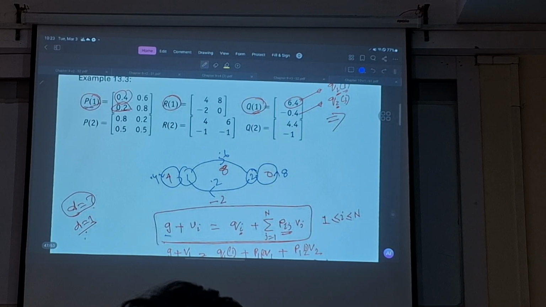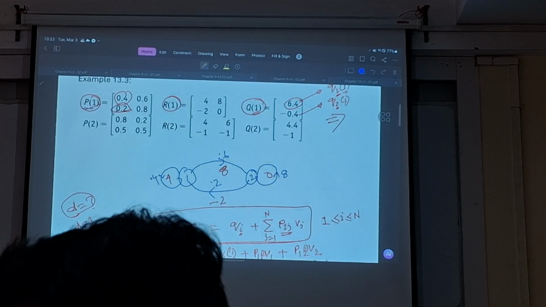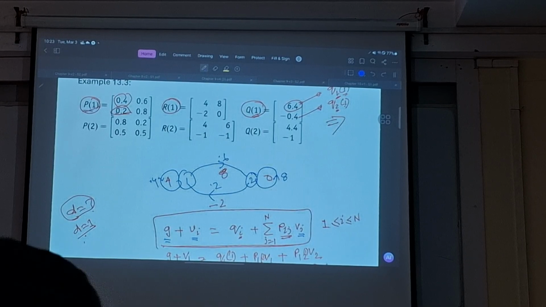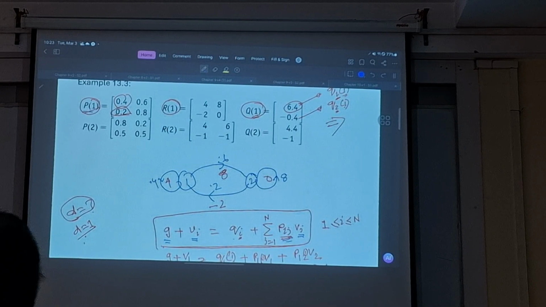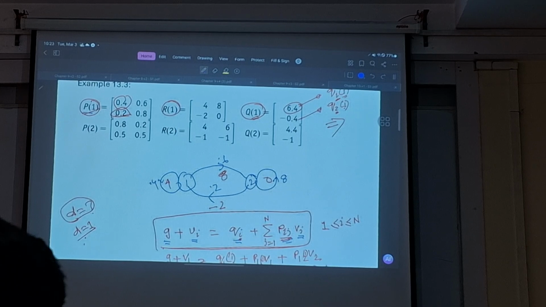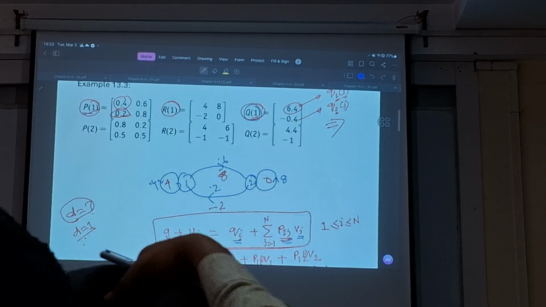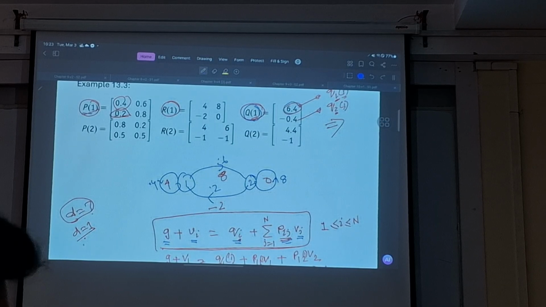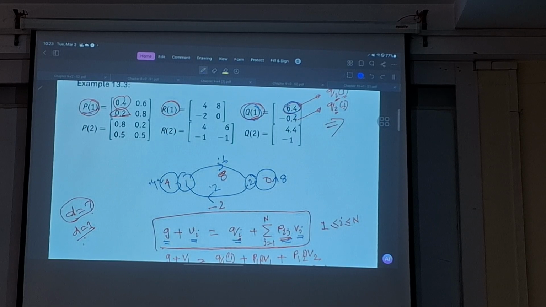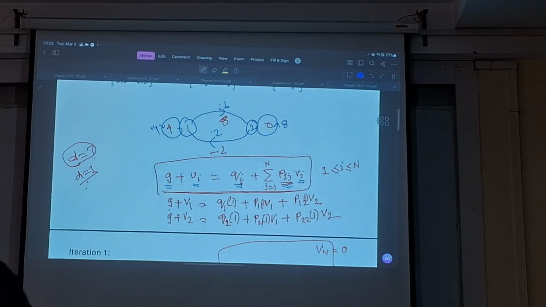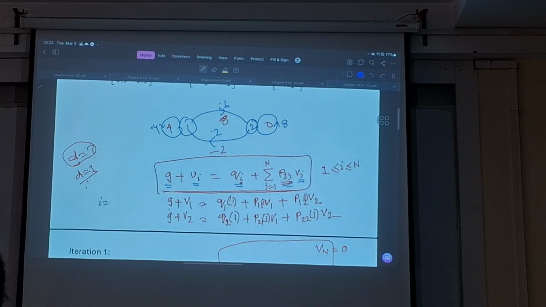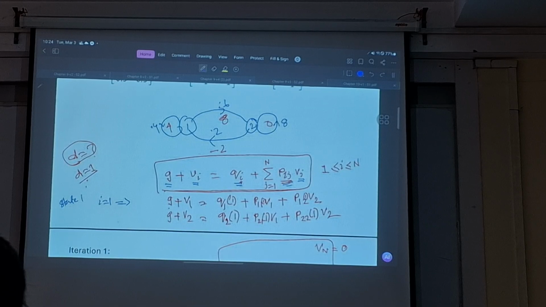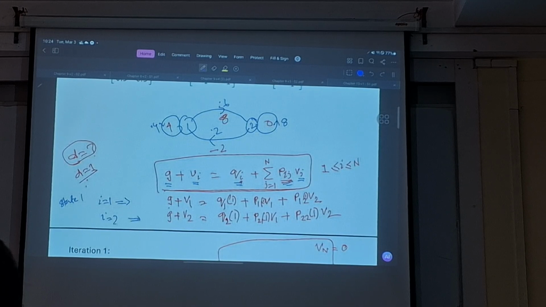What is this? G is the gain, here is for node i, and this j is for all the nodes. This is the transition probability, and this is Qi. Qi is from here. What is it? It is the reward. For Qi, we are writing Qi. This is for state 1, this is for state 2. So now we need to write the equations. So when i equal to 1, then this becomes the equation for state 1. When i equal to 2, then this becomes the